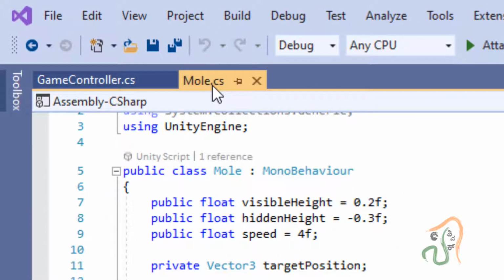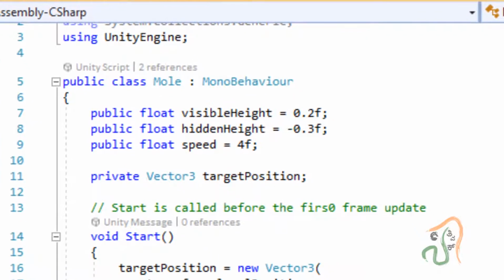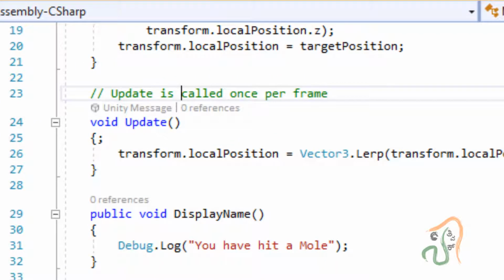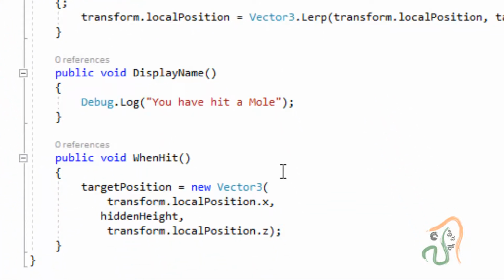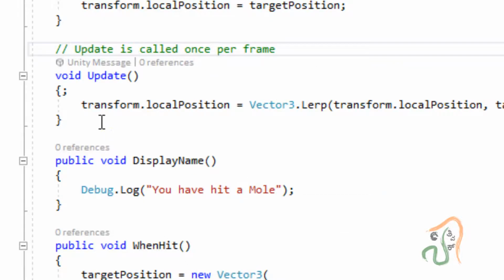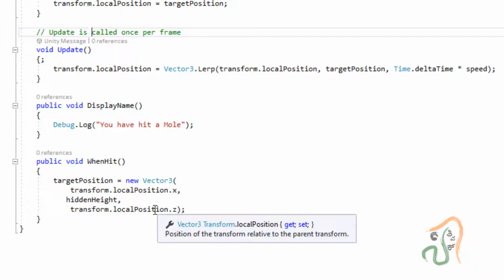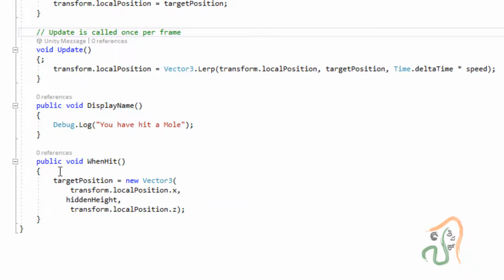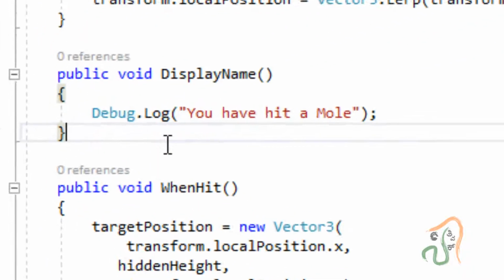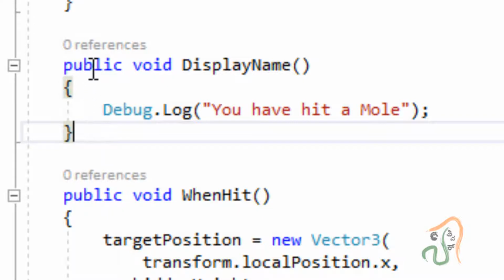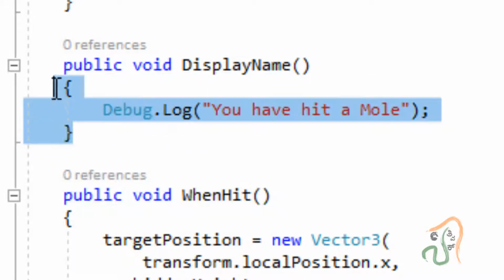In the mole script, you can see we have added these lines in when hit. We want it to hide when hit. Now we are going to create one more method here. Under this, you have this public void display name. This is no more required.